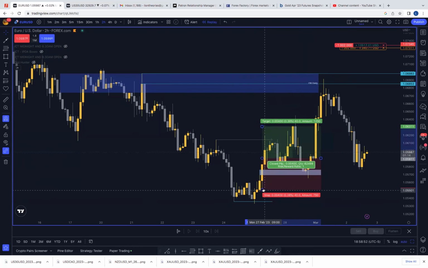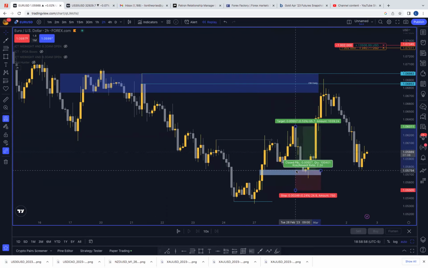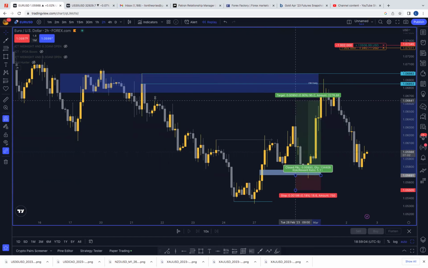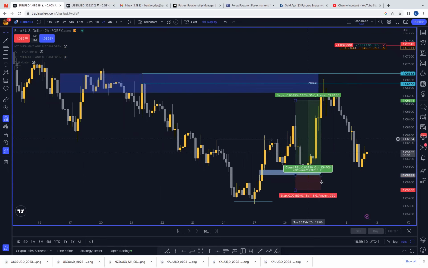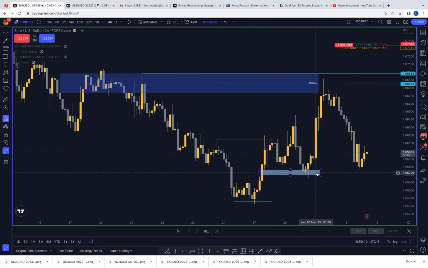You can put the stop loss at the base of this gap's candle and aim for these even highs. It's a beautiful trade. Don't forget, this is the 2 hour. 100 pips or so. And once price comes to our POI on Wednesday,